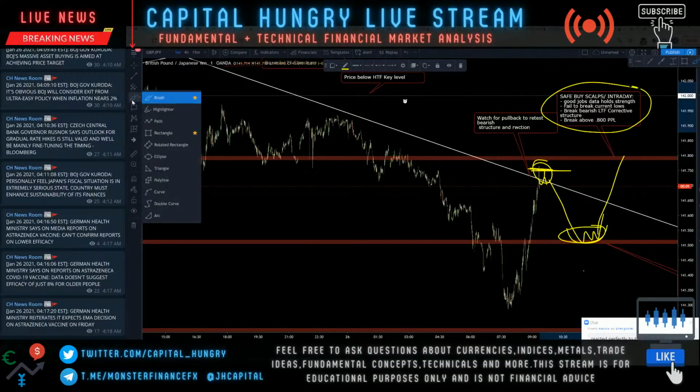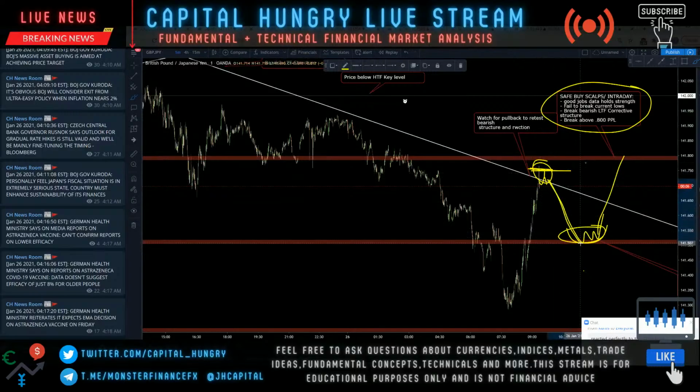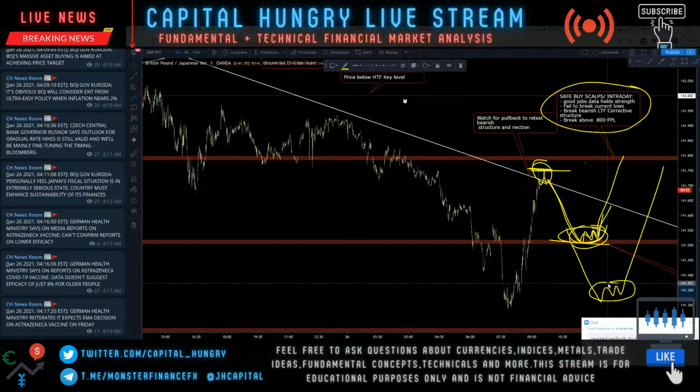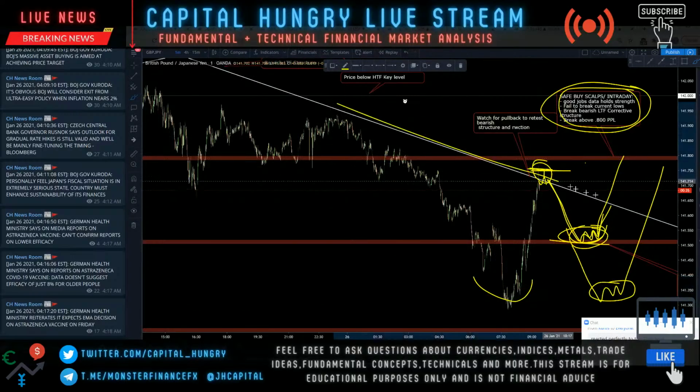So if we get signs of rejection here and get that pullback and the following hourly candle or 4-hour comes to retest 0.500, or even if it came to retest all the way down to these lows and fails to break, these areas are higher risk, higher reward buys, because you're looking for a repeat of buyers to jump back into the market, as the higher time frames obviously are still bullish. But the safest buys on GJ would still be with all of these confirms, because you would be validating buyers jumping in from that low, validating buyers' momentum with a break of that lower time frame and intraday structure, and coming above the 0.800 psychological price level.